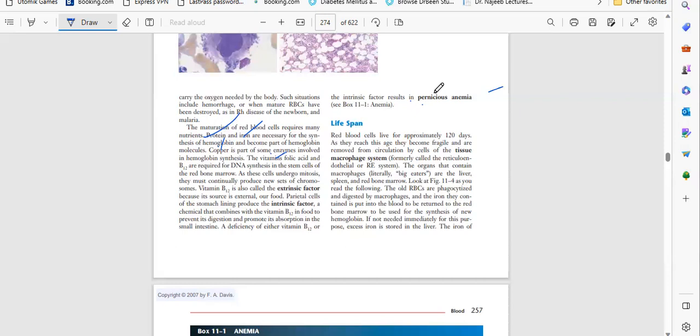If any one is decreased, what will happen? The RBC will be produced immature. Okay, in that, the most important is vitamin B12. B12 is coming from an outside source. That is the reason it's called the extrinsic factor. Okay, it will not be digested, it will be absorbed in the small intestine. Okay, what will happen if there is vitamin B12 deficiency? The red blood cells are immature, and vitamin B12 is also important for